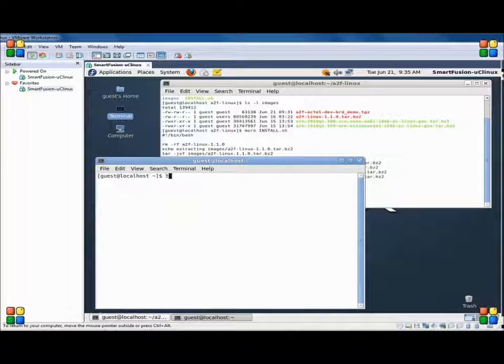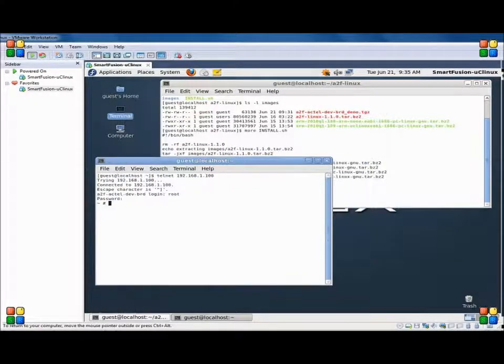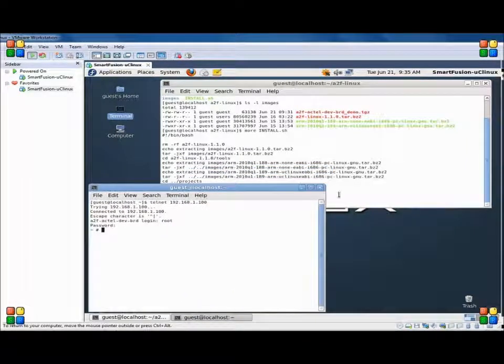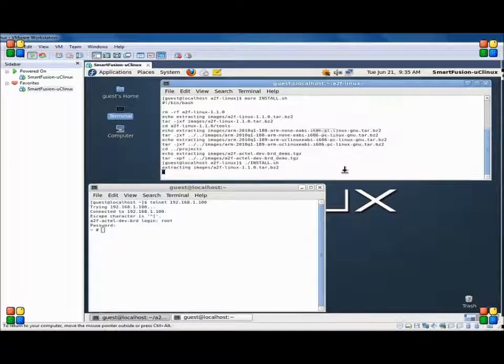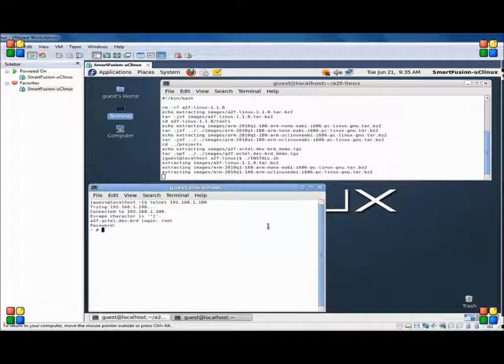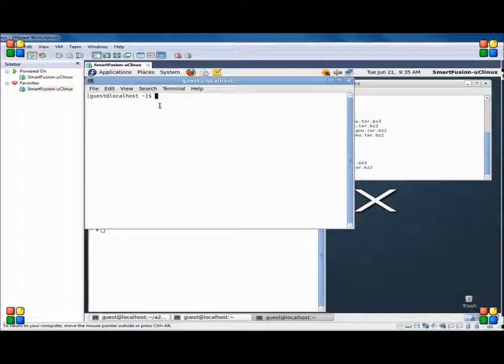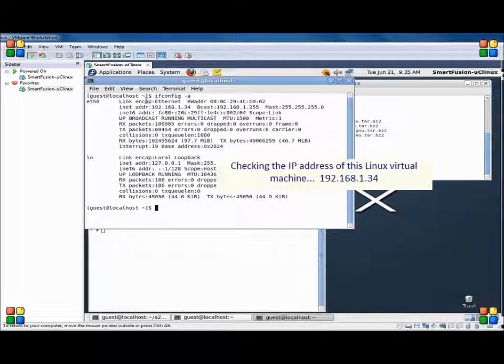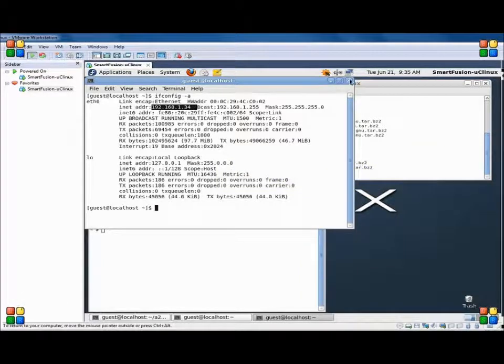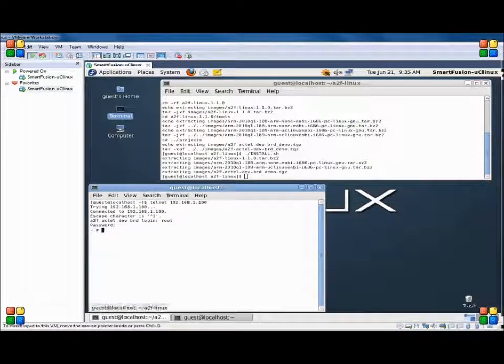Starting up another console, let's telnet to the A2F Dev Kit board. This is the board that was loaded with uClinux in some of the earlier videos. In this demo, we'll be logging in through the network instead of using the serial console interface. Both are obviously usable if you need to. Checking the IP address of this VMware machine, we see that it's on the same subnet, 192.168.1.34 is the assigned IP address. We'll remember that when we're